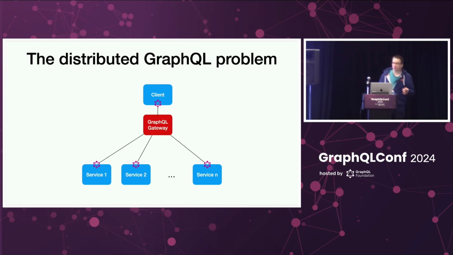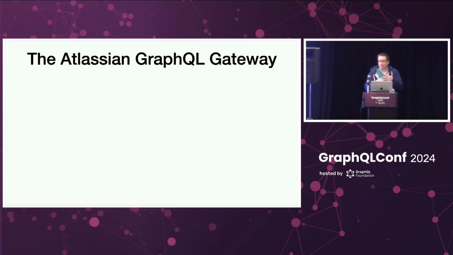So the obvious solution is a GraphQL gateway. Hooray! We're finished, right? Well, writing this box and naming it gateway is kind of the easy part. The hard part was, okay, how does this actually work? The underlying services or subgraphs, both is the same thing, own the GraphQL APIs, and somehow you want to have one API presented to the consumer, right? So this was the starting point of the Atlassian GraphQL Gateway.